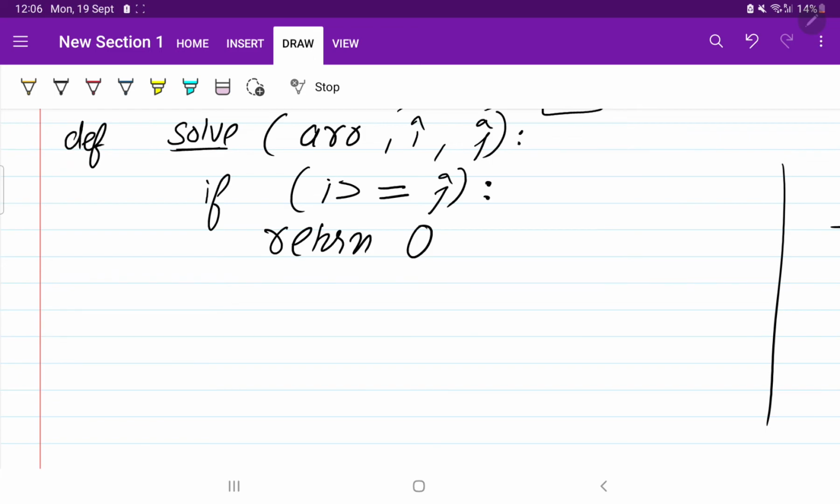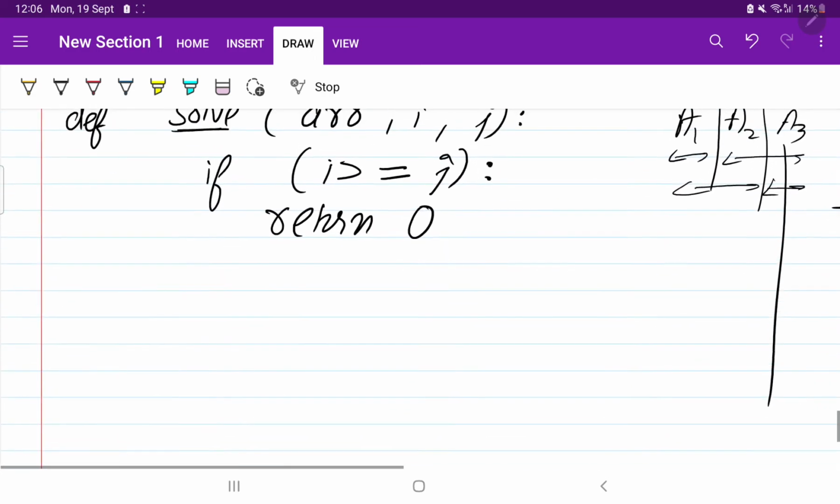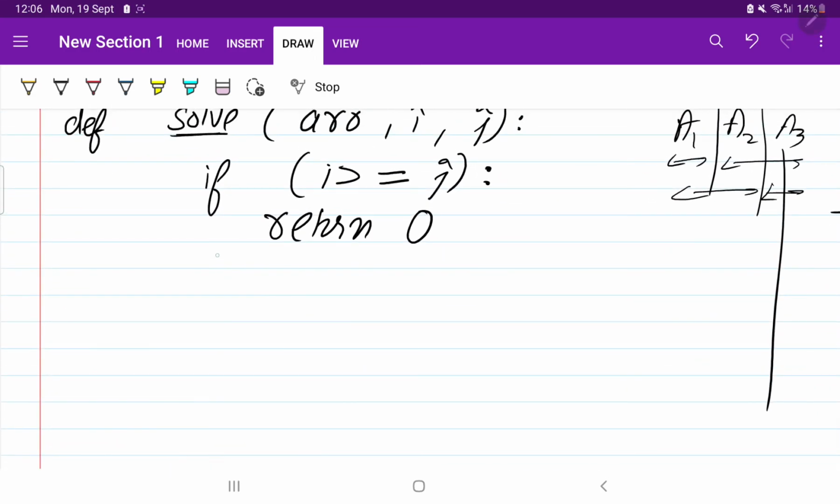Perfect. Now again we have to use the for loop to find the partitions. So a1, a2, a3. I told you first do the partition, this solution and this solution, then do the partition of these and find the final solution. So for the final answer, let us write answer is equal to int max, the maximum integer.